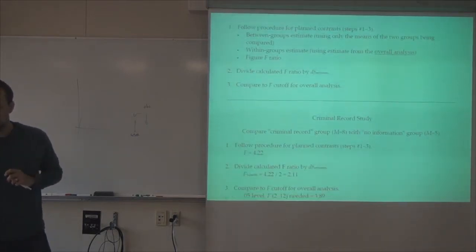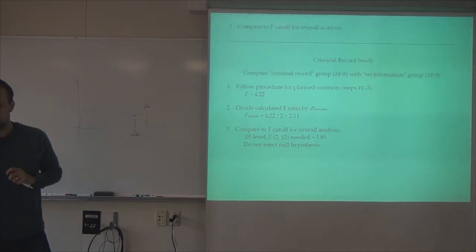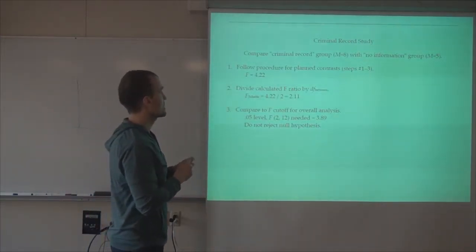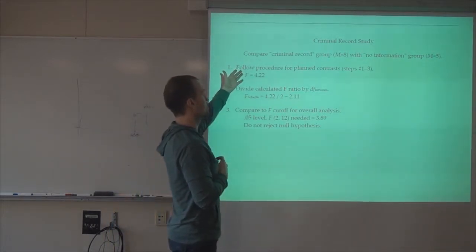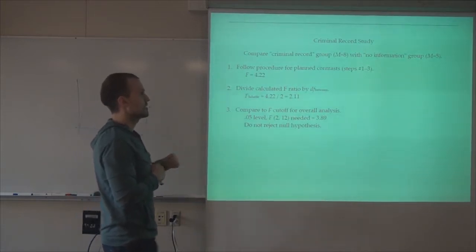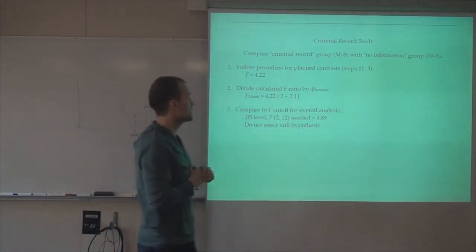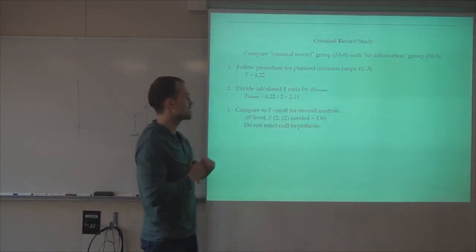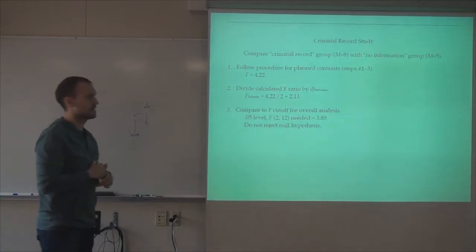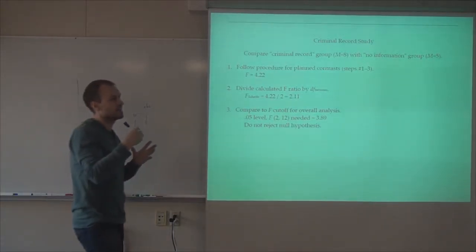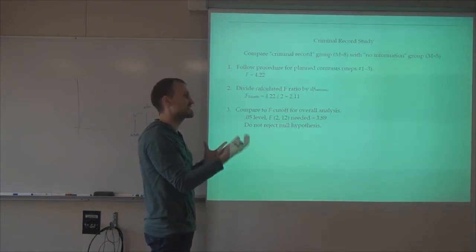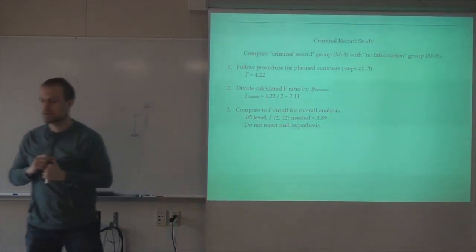Different approach to try and not have the type 1 error blow up on me. So if I look at the criminal record check, I follow the procedures before, and I get an F of 4.22. If I divide that by degrees of freedom between, I get a smaller F, and I'm not going to reject it when I compare it to my cutoff value. So I'm less likely to reject. I'm not going to reject it as easily, so I'm not going to make a type 1 error